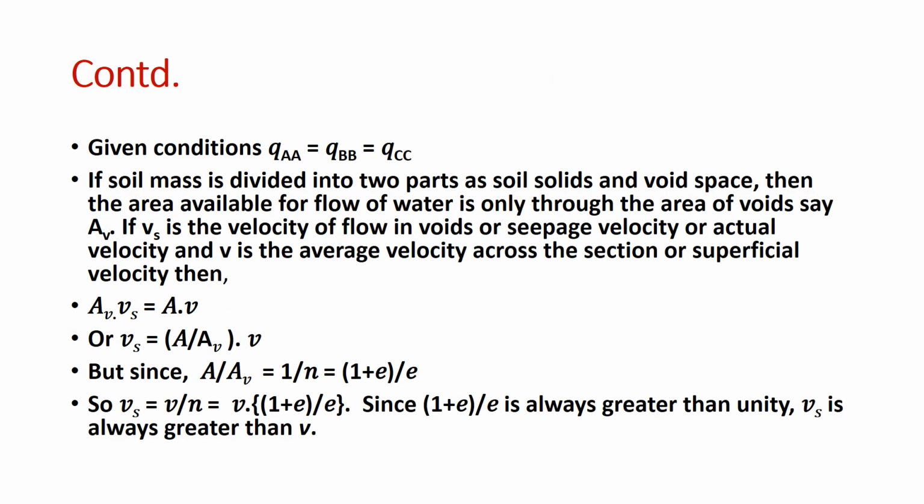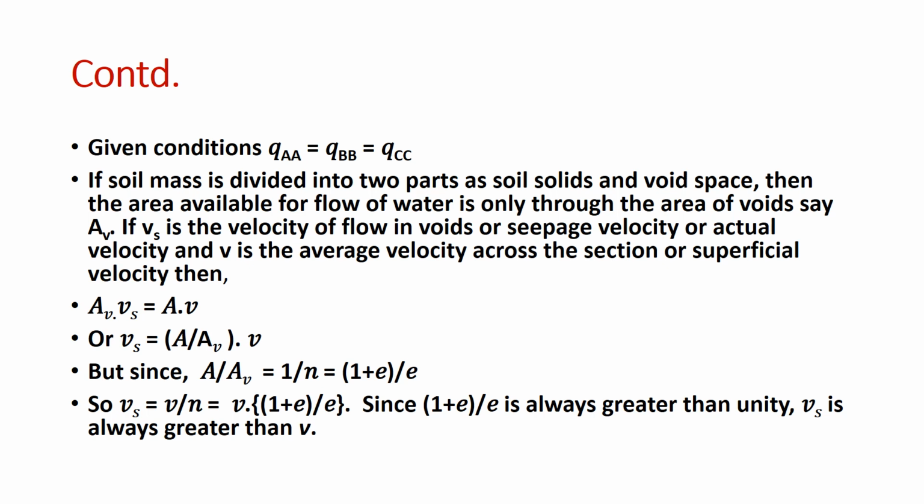Now, given this condition, QAA is equal to QBB is equal to QCC, and we know the soil can be divided in two parts, one soil solids and another void space. Then the area available for flow of water is only through the voids, and suppose the area of voids is Av, and suppose Vs is the velocity of flow through voids, or seepage velocity or actual velocity, and v is the average velocity across the section, or superficial velocity. Then